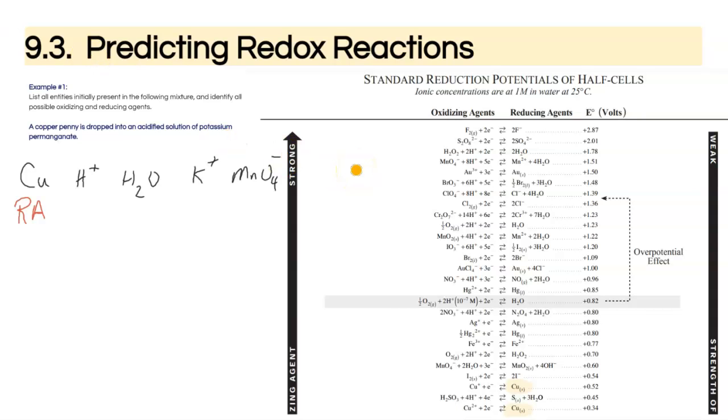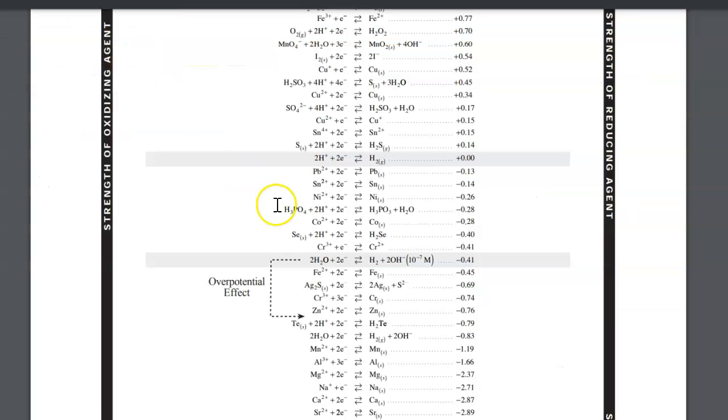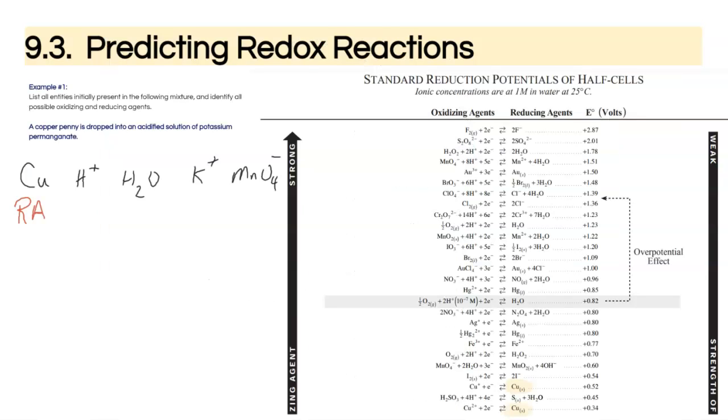I cut off my chart a little bit too soon, so I'm going to refer to the larger version here, and I'm seeing that H+ appears right here. It's a highlighted section on the chart, just a little bit below where I cut off at copper 2+. So it is definitely on the left-hand side, which makes it an oxidizing agent. So I'm going to go ahead and indicate that,